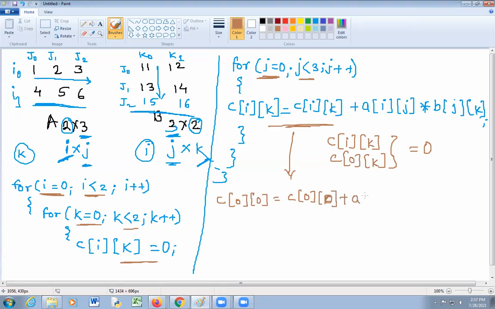plus A of ij, value of i is 0, value of j is again 0, into B of value 0, 0, value of j is 0, value of k is equal to 0. We'll put the values here. C of 0, 0, C of 0, 0. So C of 0, 0 initially 0 plus A of 0, 0. See i0, j0, i0, j0. This is the element. i0, j0 element is 1